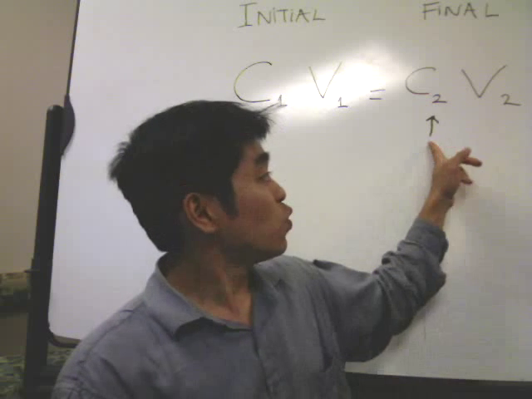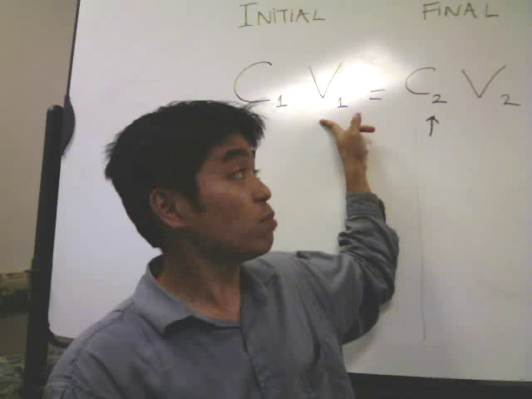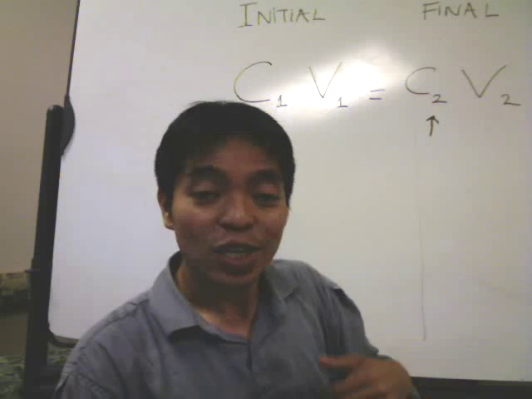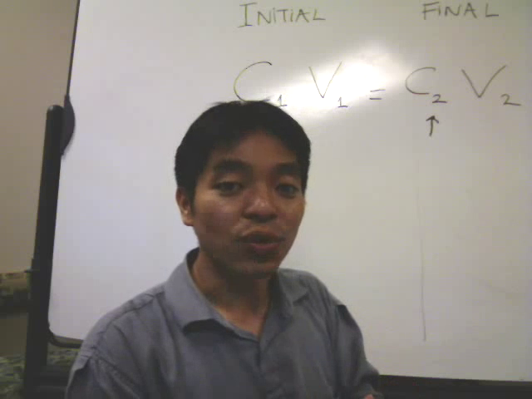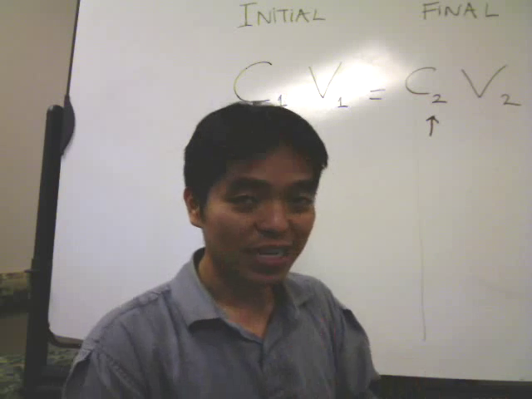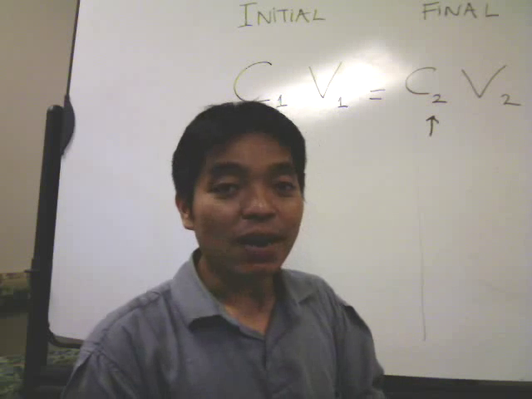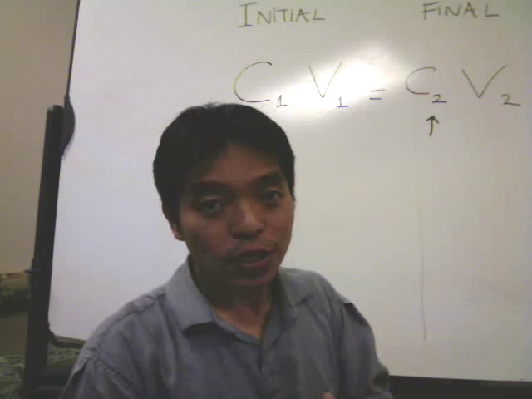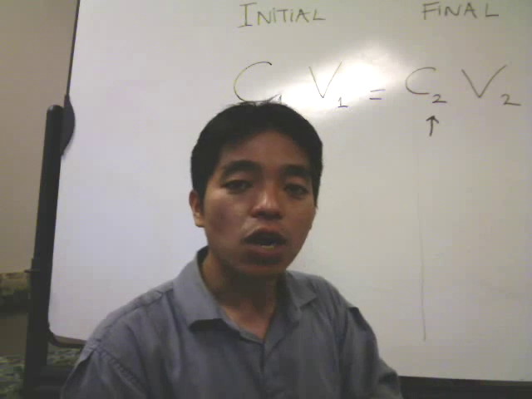So then, to find C2, which is the final concentration, all you have to do is take C1 times V1 divided by V2. So that would be, in our case, 1 molar times 2 liters divided by 4 liters equals 0.5 molars. So that would be our answers. Now note that the units cancel each other out. So as long as your units are the same for the volume and units are the same for the concentration,